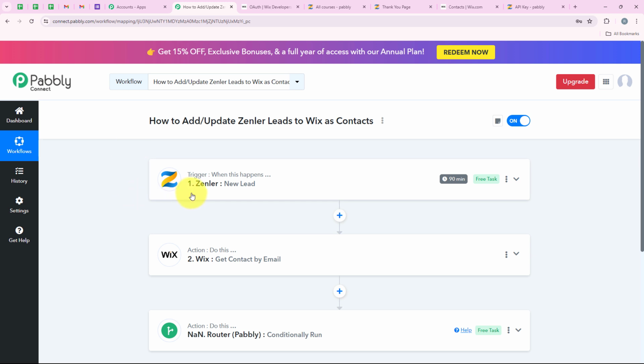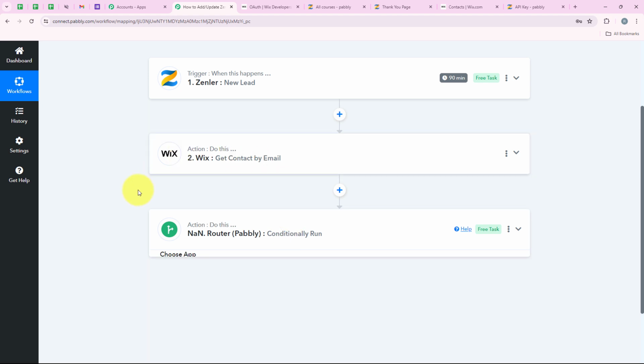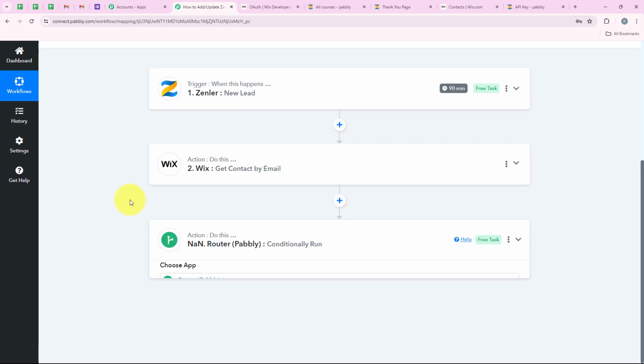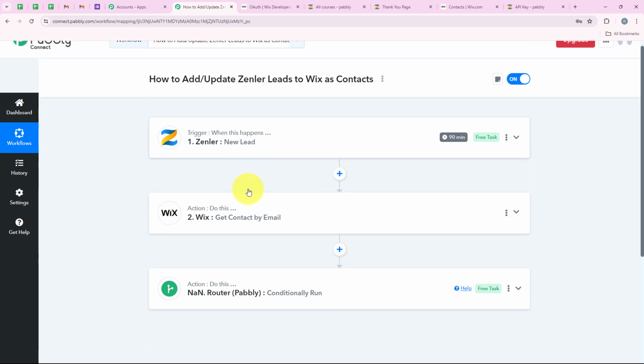For a trigger application, we selected Zenler. For the trigger event, we selected new lead. For the action application, we selected Wix, and then for the action event, we selected get contact by email. Again, for the action application, we selected router, and then for the action event, we selected conditionally run, and then we created two routes right over here because I wanted that as soon as a new lead is received from my Zenler account, automatically we should search that if the same email address has a contact in our Wix account